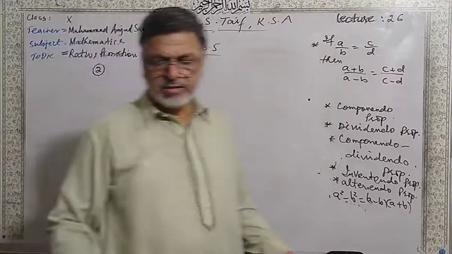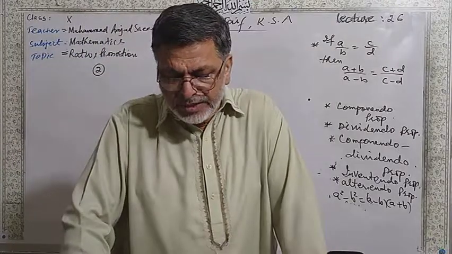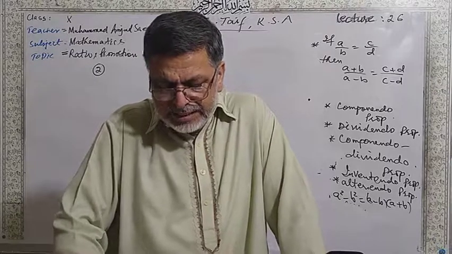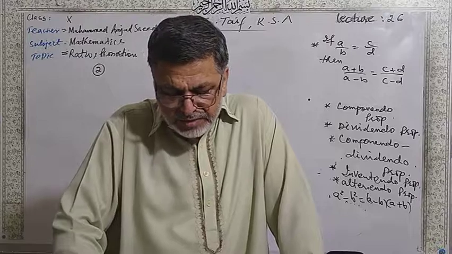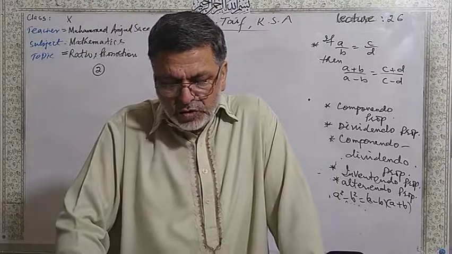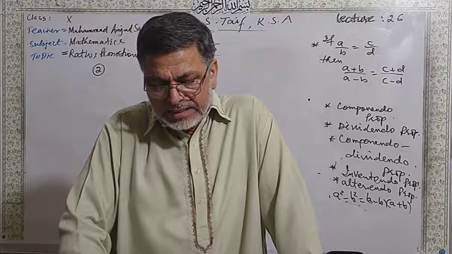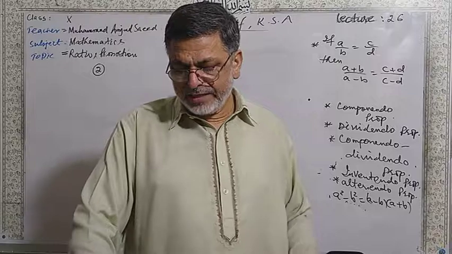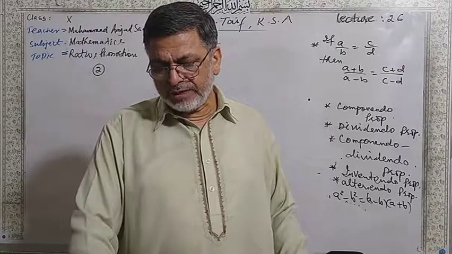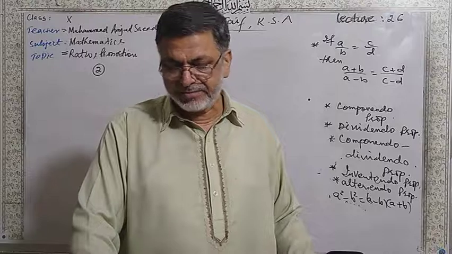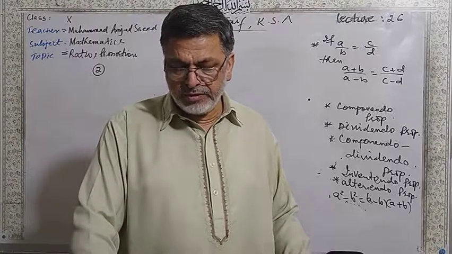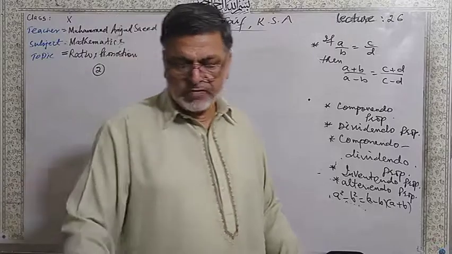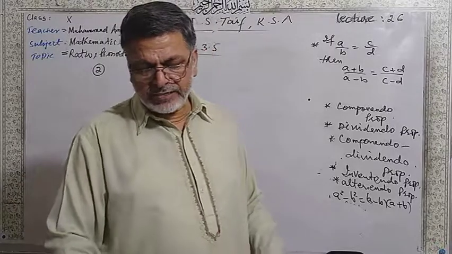What is the question? If W varies jointly as x, y square and z, and W is equal to 5 and x is equal to 2 and y is equal to 3 and z is equal to 10. Find W when x, y, z are given. So dear students, first of all, actually these are the joint variations.